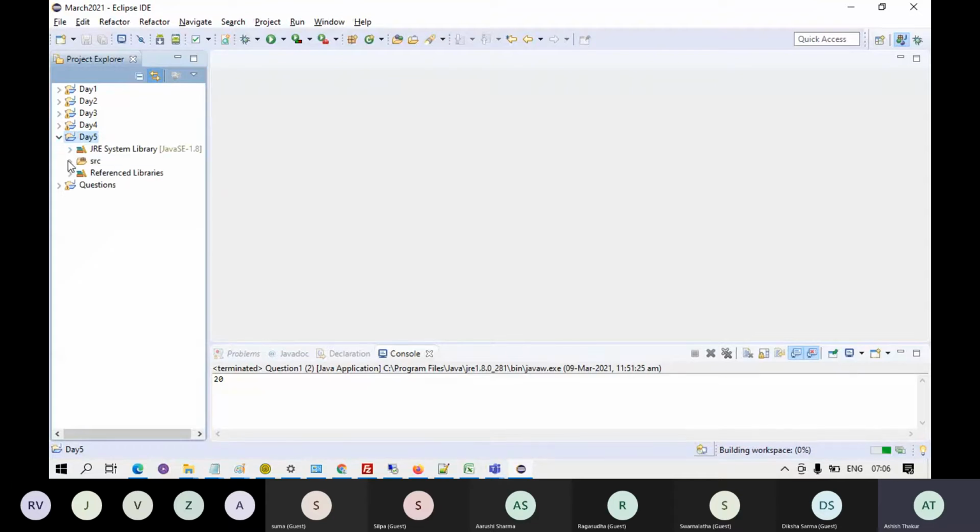Right. So we have this day 5 project. Fine. And today what we are going to do is we are going to move forward with object identification.